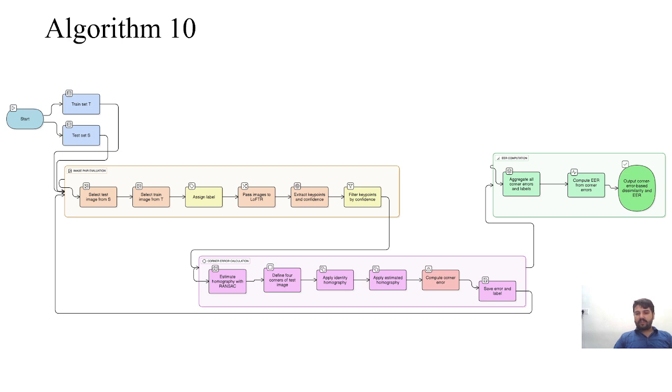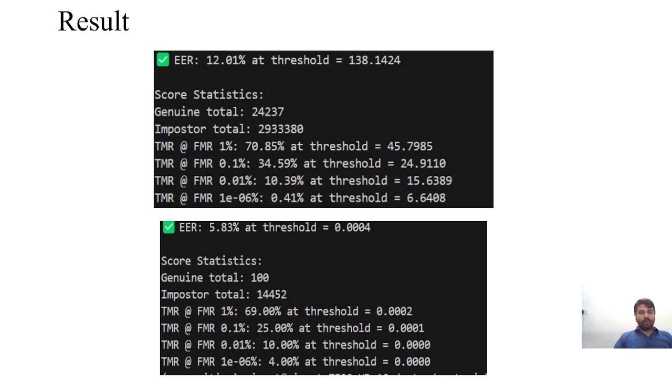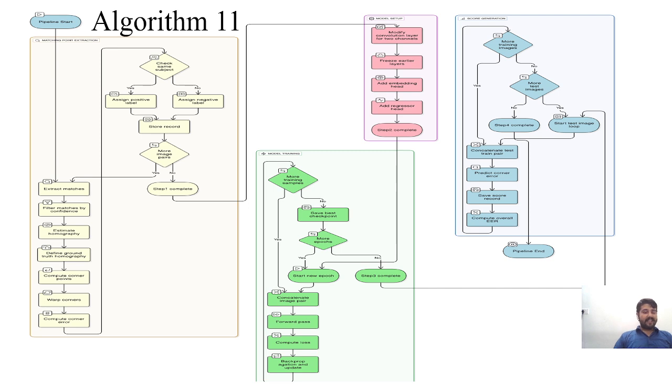Then based on this corner error, I compute the EER, and I get 12.01% EER on the genuine of 24,000 and imposter 29 lakh, and on the 100 genuine and 14,000 imposter pairs I get the 5.83% EER. Then in the last algorithm